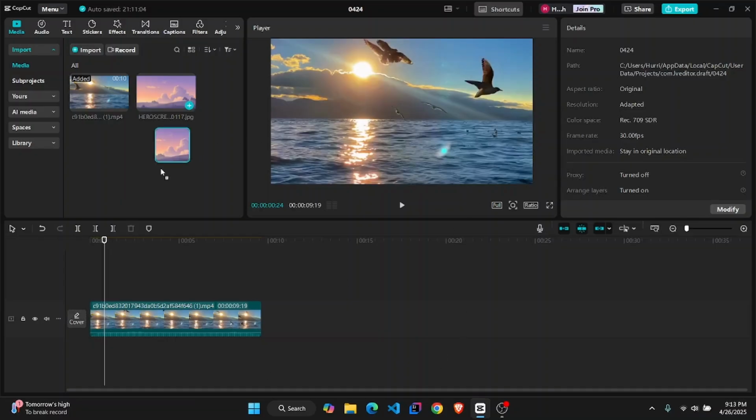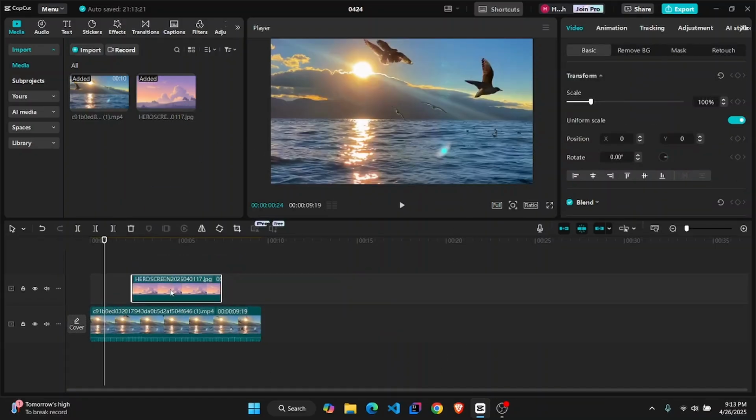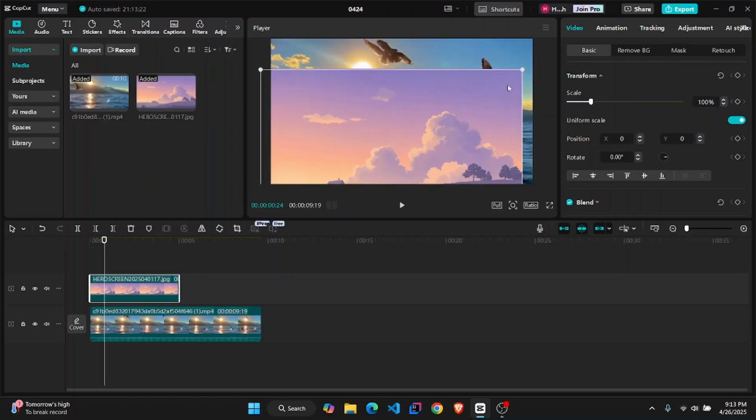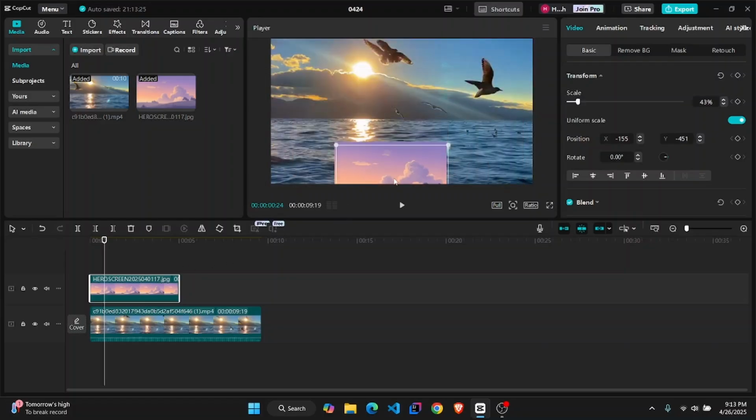So what I'm going to do here is I'm just going to add this picture to my timeline, and then I'm just going to go ahead and adjust its size. So let's say if I want this picture to come up like here and I want to create an animation something like this. What I'm going to do is go all the way to the start of my video, and